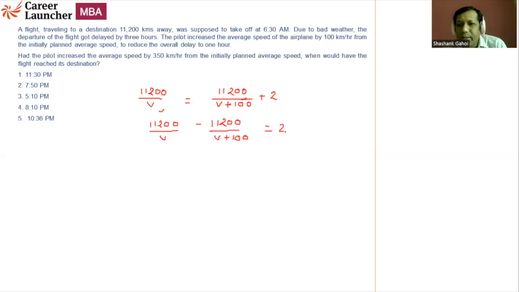If we are going to make a quadratic equation, that is going to be way too tricky. What I'm going to do, if you see, the difference of these two values is 100, right? So I need to figure out two factors of 11,200 that are at a distance of 100. Okay. So basically if I'm going to break 11,200, it can be 14 into 8 into 100. I'm not considering 100 as of now.